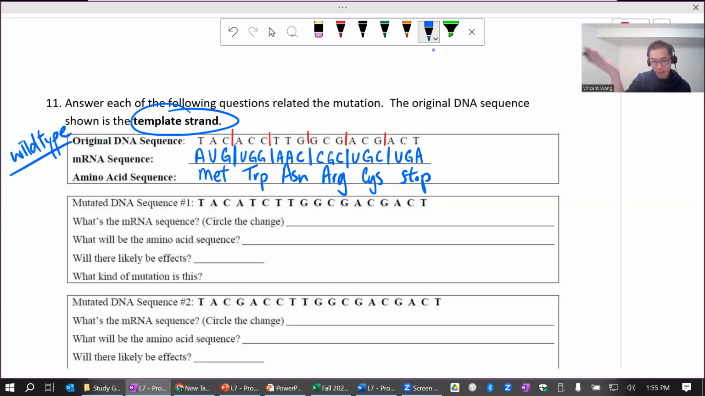All right, I hope that's fine. That's totally old stuff. Now we have a mutated DNA sequence. We're going to chop it up again. Gonna chop this thing up. And when you chop it up,